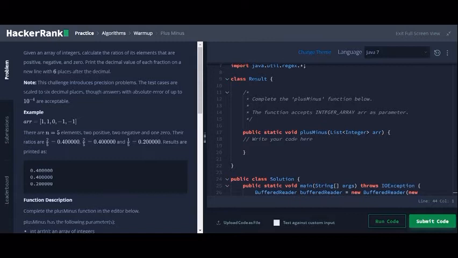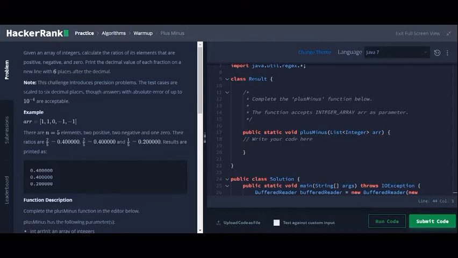In this example, there are 5 elements, 2 positive, 2 negative and 1 zero element. Their ratios are 2 by 5, 2 by 5 and 1 by 5,